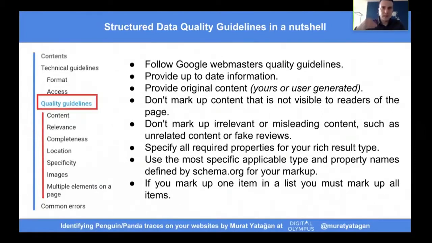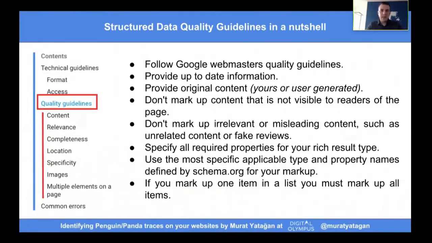That means if you are using a specific schema markup, you need to look into the required types and provide them to search engines to understand in your structured data code. You cannot use only one of the properties for a specific type; you have to use all the necessary ones, but some of them might be optional. You need to use the most specific type and the property name defined by schema.org for your markup. So please spend some time to understand